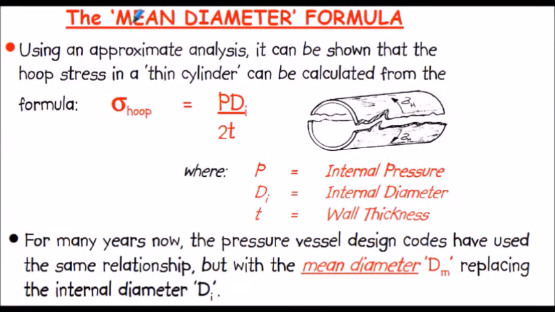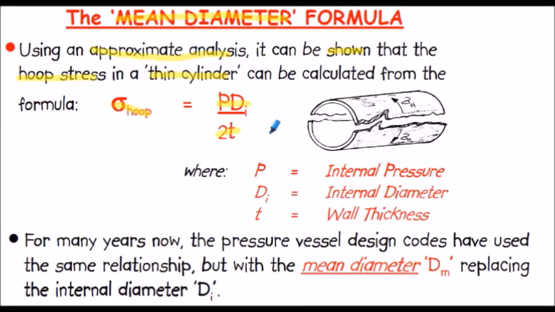I'm just showing you this formula for reference. It's called the mean diameter formula. Now in this particular case for question 1, an approximate analysis can be shown to be applicable for calculating the hoop stress, as this was a thin cylinder. So we could calculate the hoop stress from the PD upon 2T, the formula we used in a previous presentation